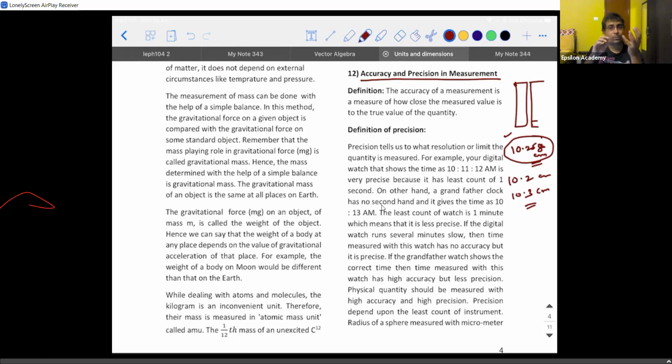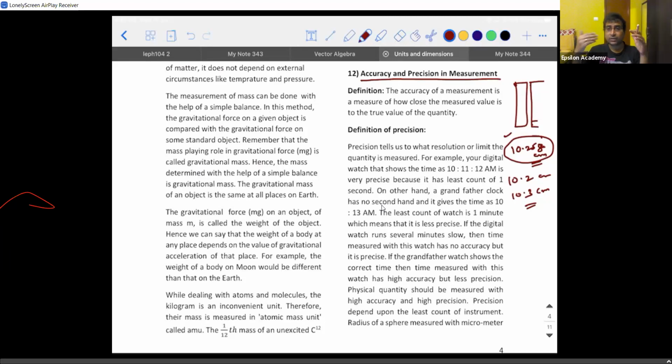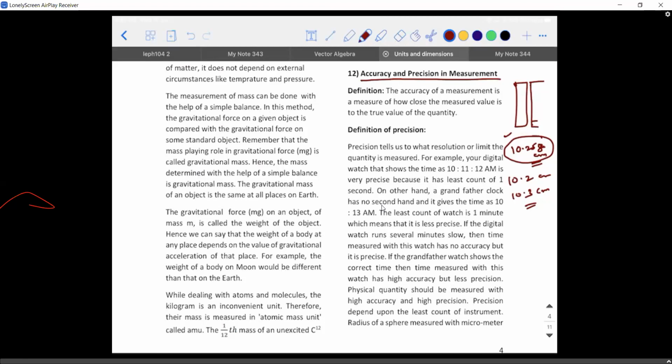So accuracy speaks about the extent to which your measured value is close to the true value. When I say true value, it is the average value in general, because when you do the experiment, you're not every time going to know the true value of it. Clear? Whereas precision mainly speaks about the extent to which you are able to report the answer. The extent means the number of decimal points to which you are able to report the answer. What is the difference between accuracy and approximation?